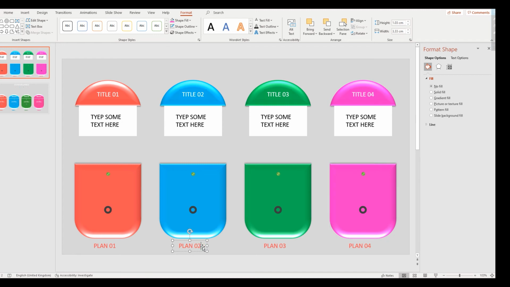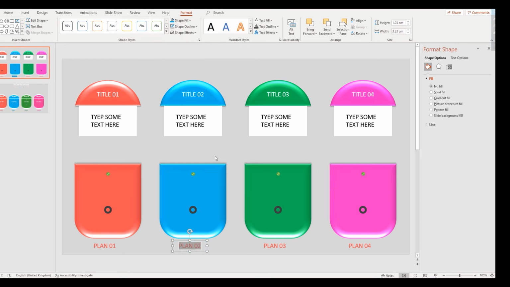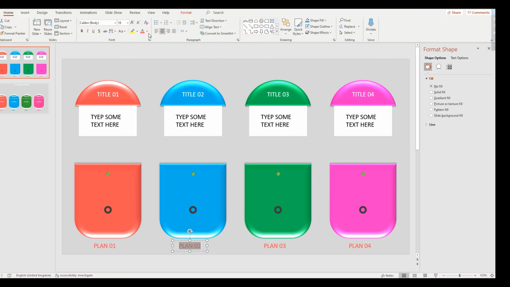Under the text color, make it green. Changing text color, this one green. Everything is done.